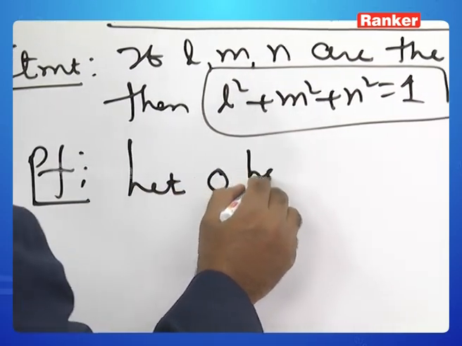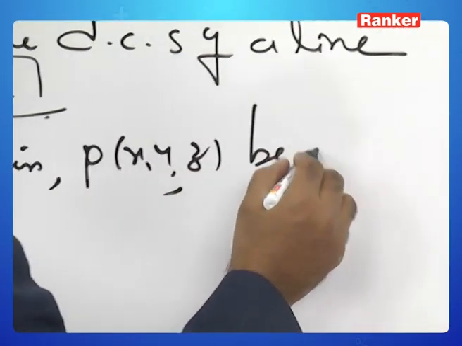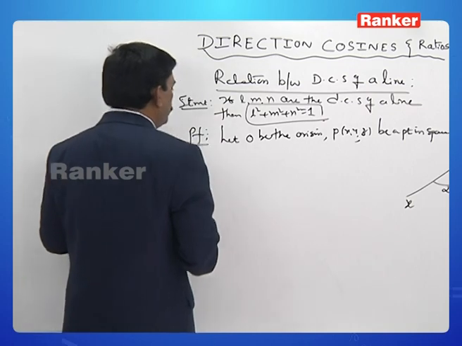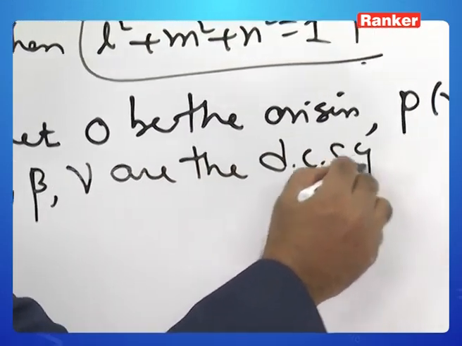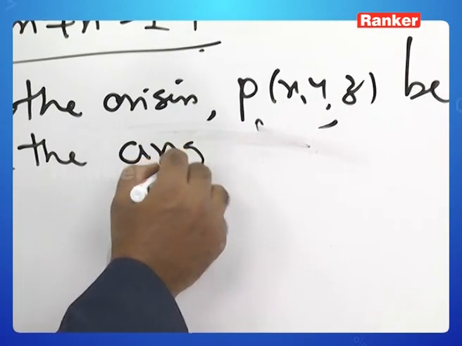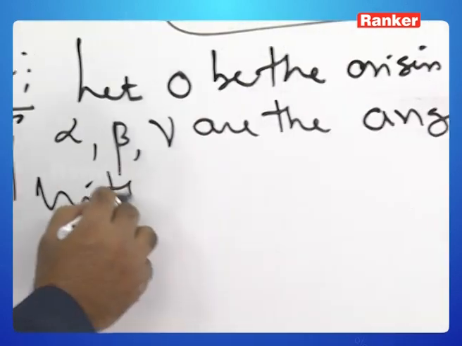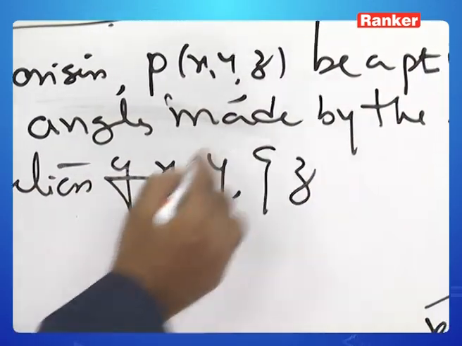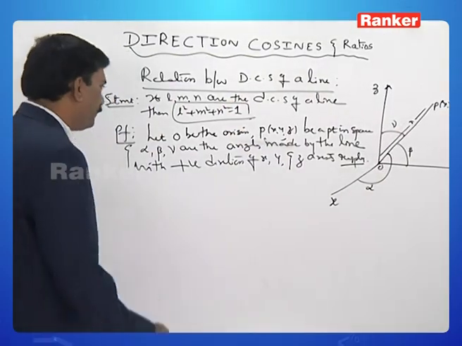Let O be the origin, and P of x, y, z be a point in space, and alpha, beta and gamma are the angles made by the line with the positive direction of x, y and z axis respectively. Then